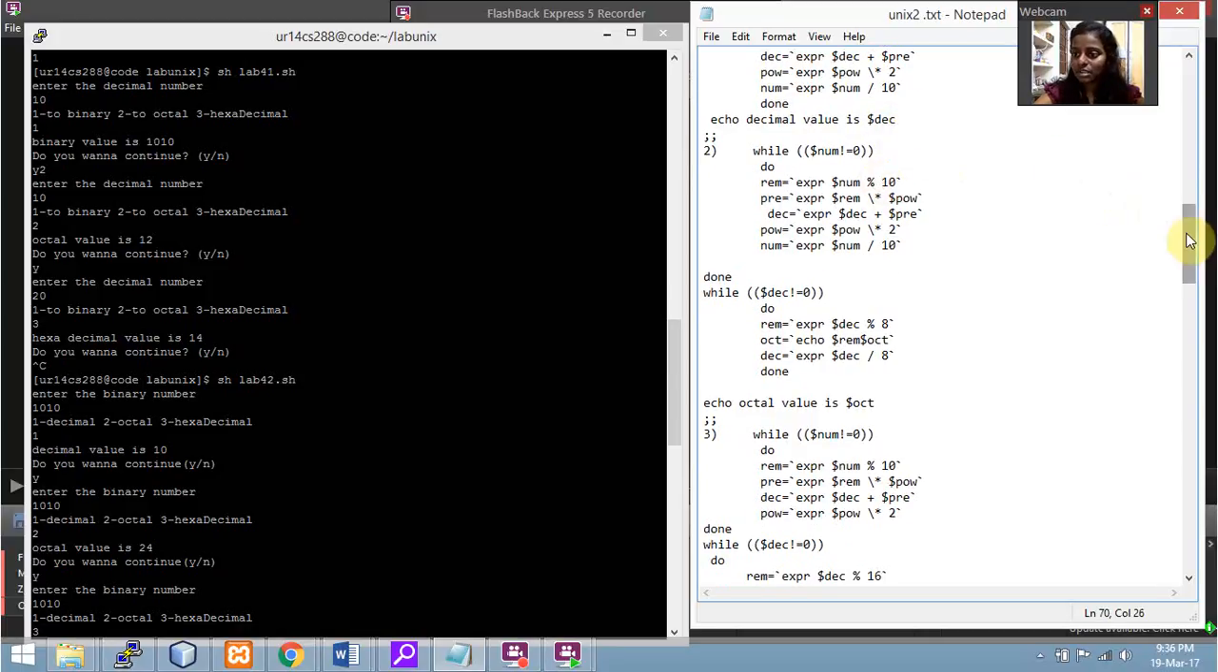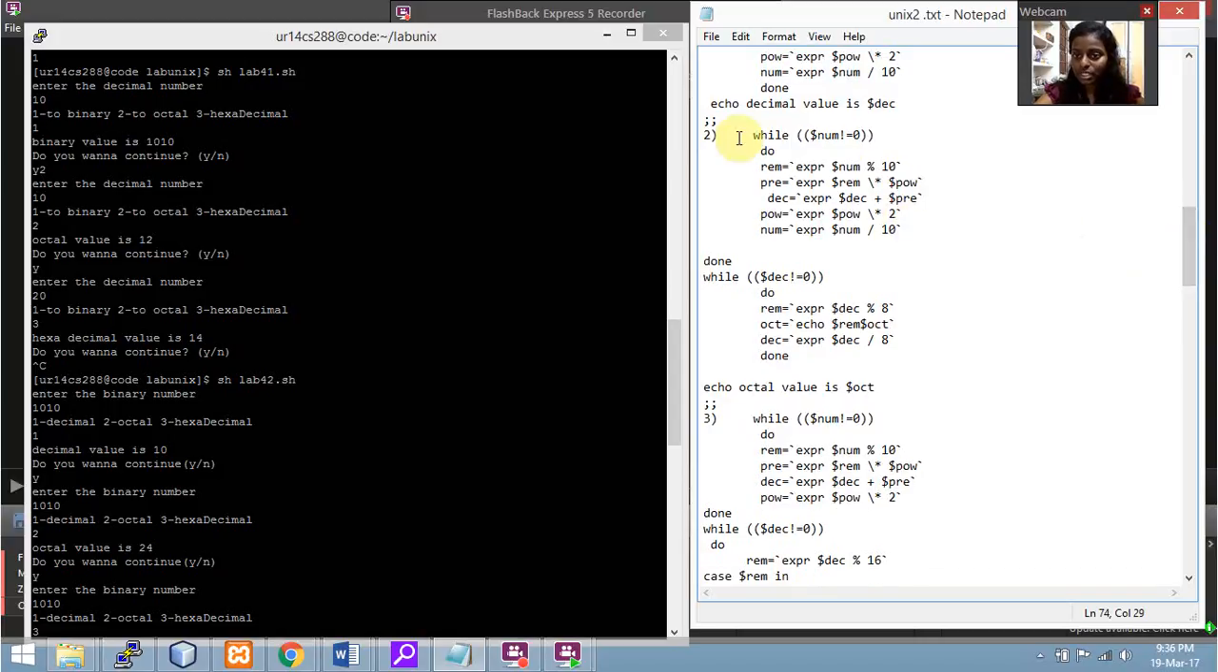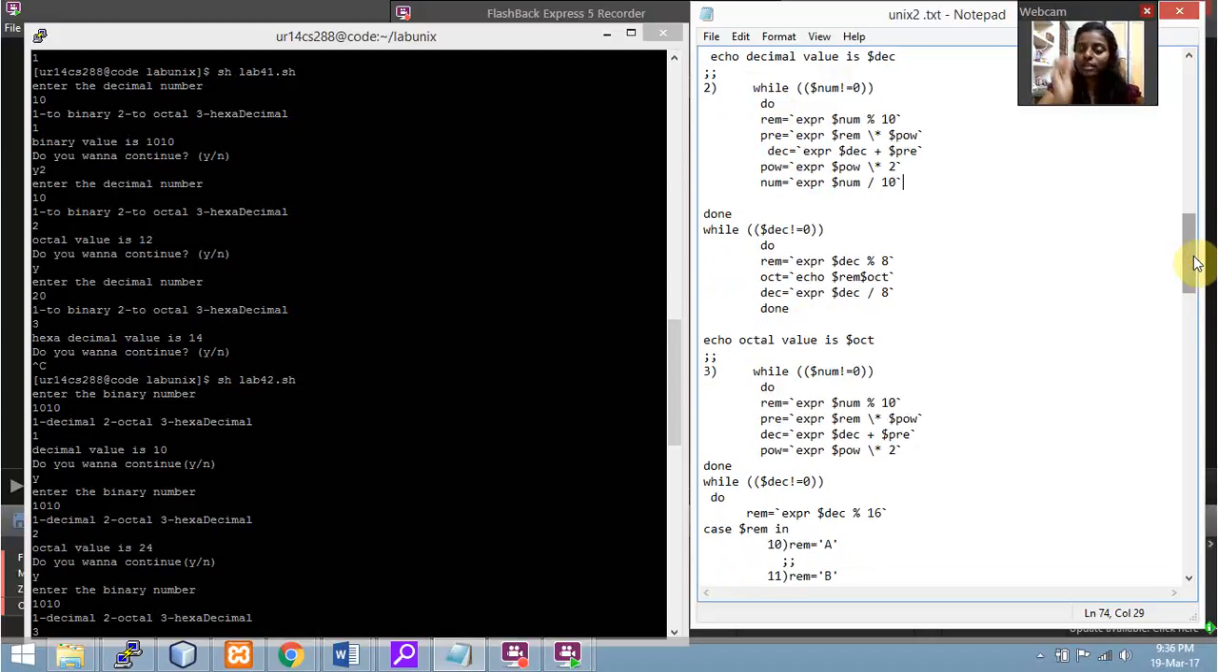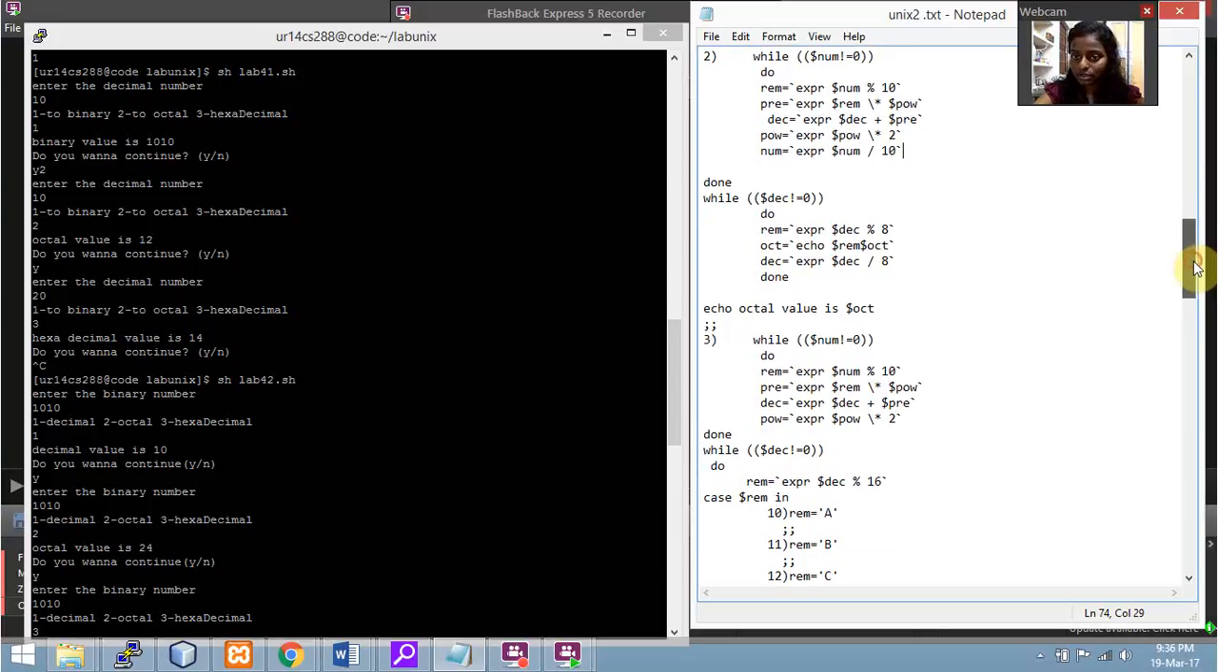Now if the user has selected to convert the binary into octal value, first I'm going to convert the whole thing into a decimal value and then convert the decimal value into octal value. I told the procedure to convert into a decimal value in the previous question. So here I can say after it is converted into decimal value,